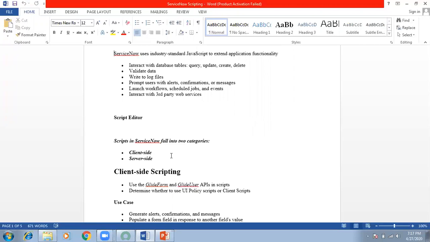Client is something you do on the form presented to the user, like validations so a user cannot submit the form without filling a field. Server script is where you update, delete or query records in the database, for example closing all child incidents when a parent incident is closed.